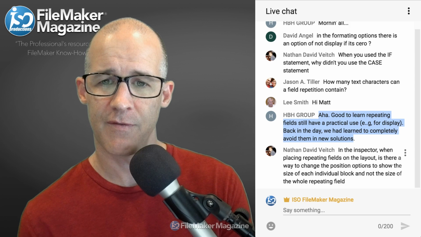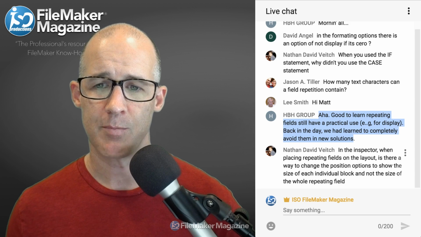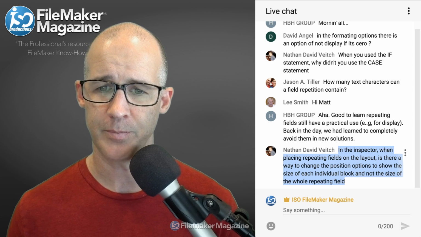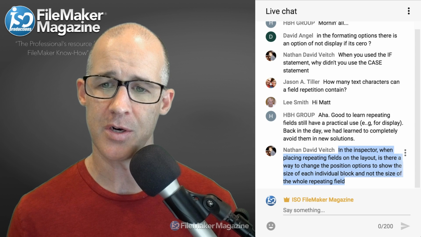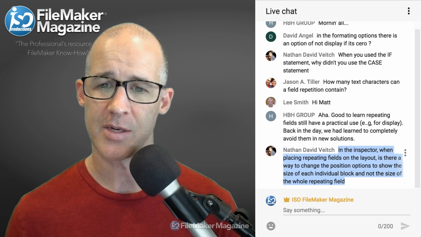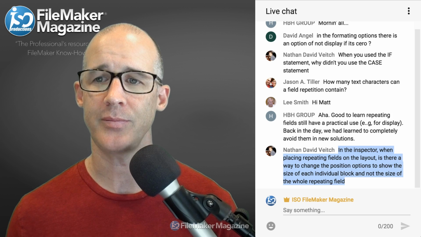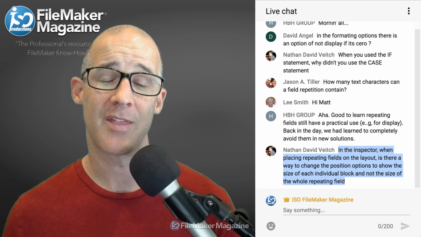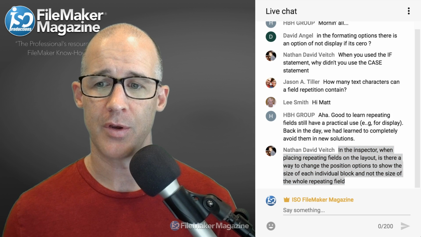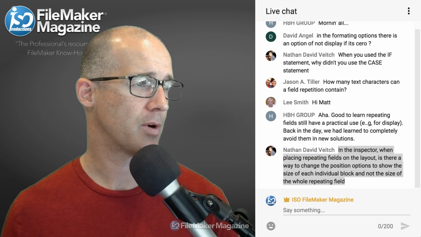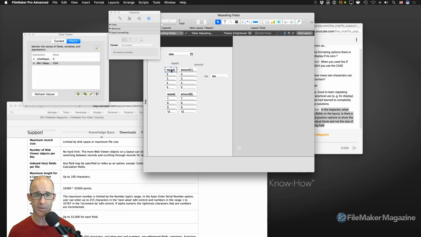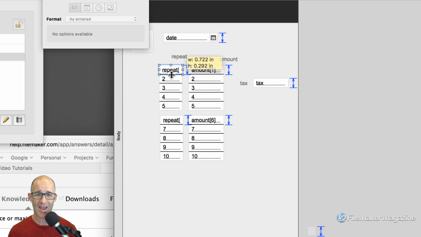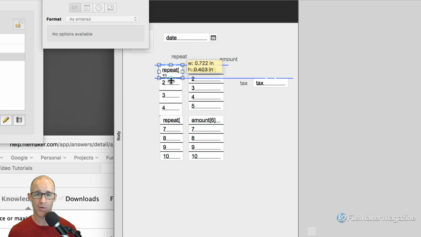We'll just do this as our final question. Nathan has mentioned in the inspector, when placing a repeating field on the layout, is there a way to change the position options to show the size of each individual block and the size of the whole repeating field? You know what? Good question. I don't like that myself, but I will show you a trick that I use with portals in order to accomplish the same thing. So the question here is, on this layout, as I drag,